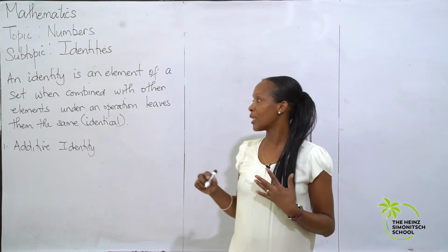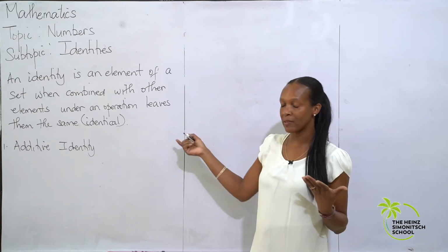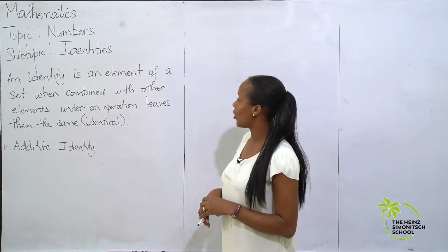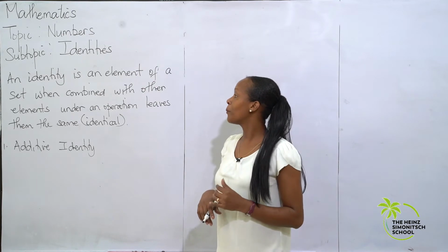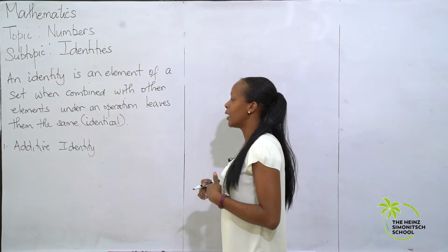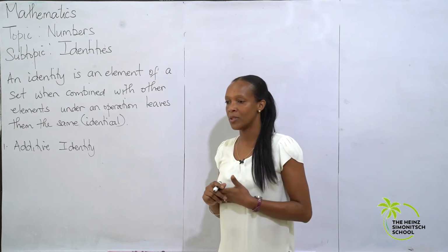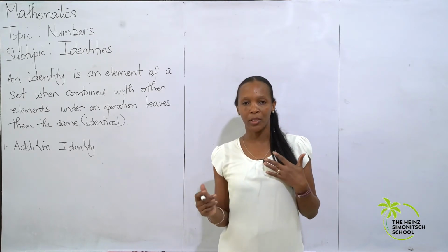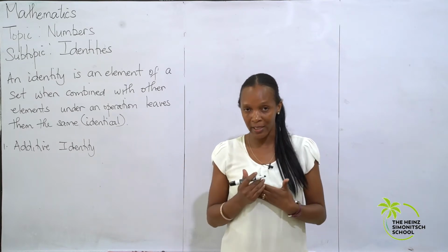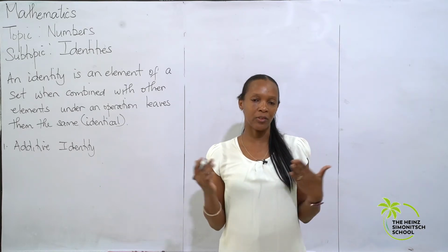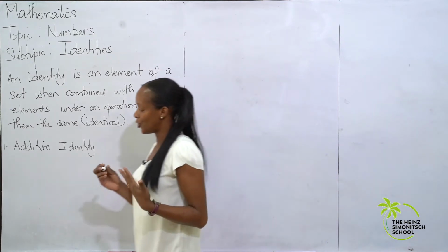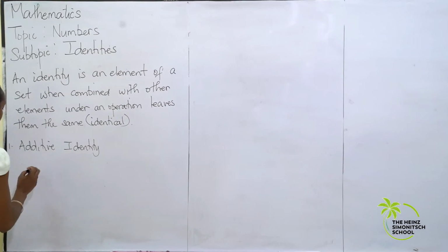All right, so let's look at the definition of what an identity is in math. An identity is an element of a set that, when combined with other elements under an operation, leaves them the same. So no matter what operation you perform on a set of numbers under that identity, the result is going to be the same. For example, if I say Jake has